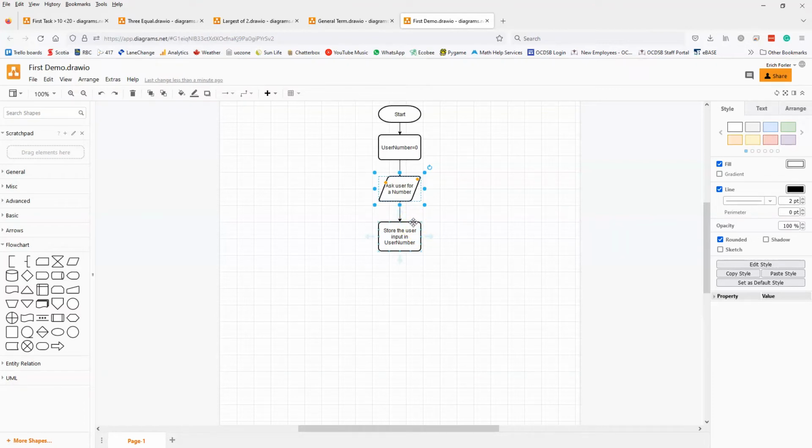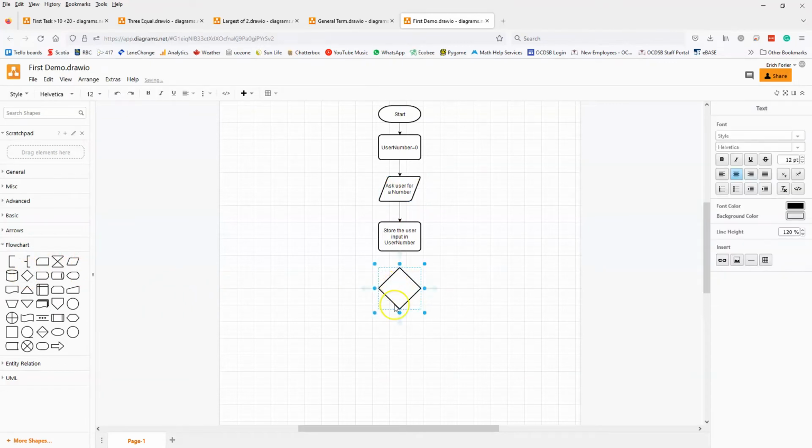So we've got some user input. We've stored it in a variable called user number. The next thing we want to do now is check to see whether that user number is greater than 10 or not. So this is where we're using a decision, and that's a diamond shape. So we bring the decision out, and because we know the diamond shape represents a decision, all we have to do here is say user number